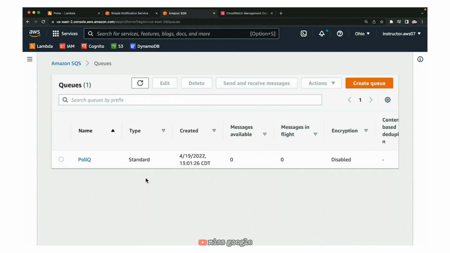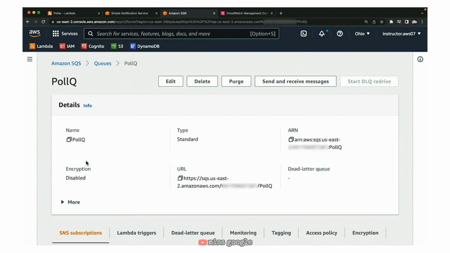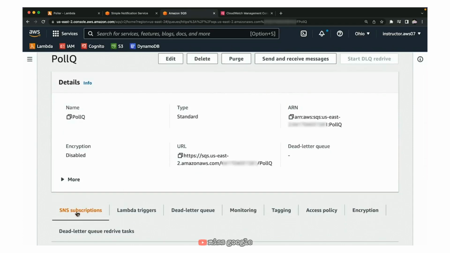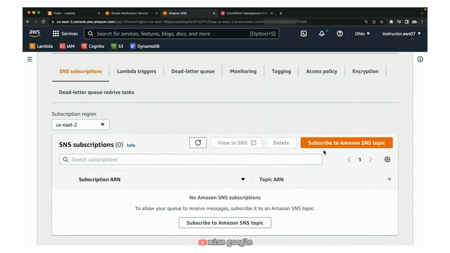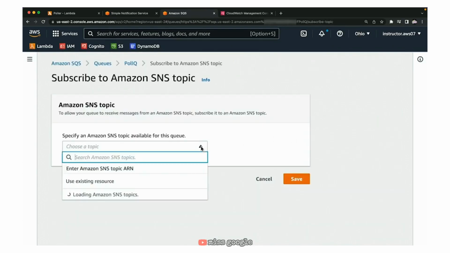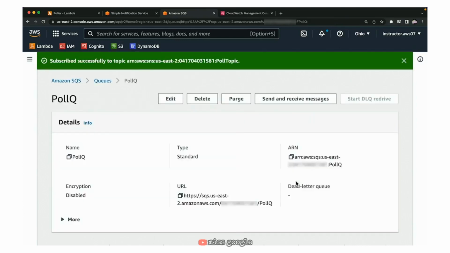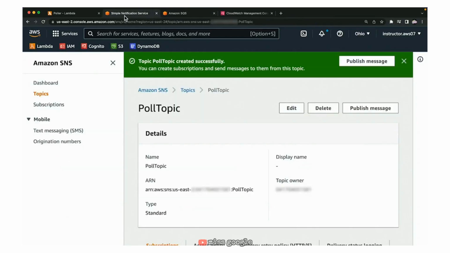So I'm going to go back to SQS and click on our queue, and then there's a tab for SNS subscriptions. So I just click on Subscribe to Amazon SNS topic. We only have one, so it comes up in the list, and then I can save that. Now, if I put a message on my SNS topic, it should push to its subscribers, which is our queue